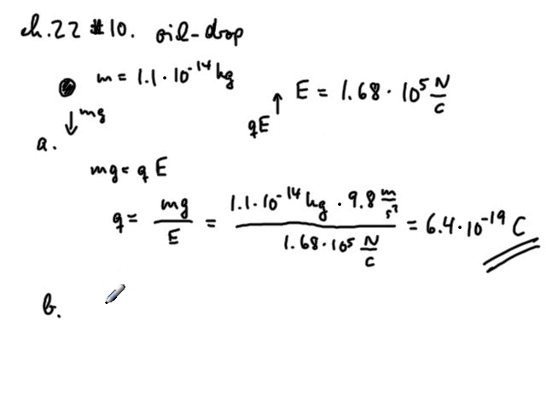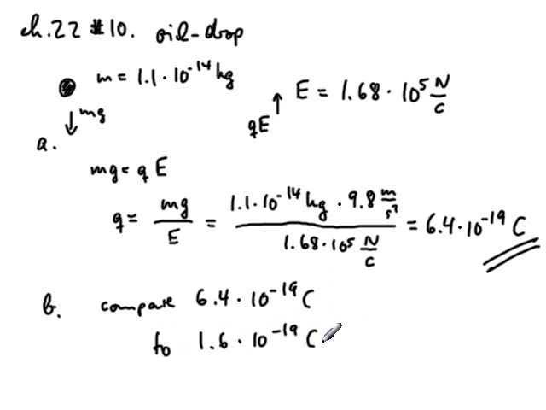So compare our answer 6.4 times 10 to the negative 19 to the electron charge of 1.6 times 10 to the negative 19 coulombs, and we can see that this number is 4 times larger than this one, which means that there must be 4 extra electrons sitting on the oil drop